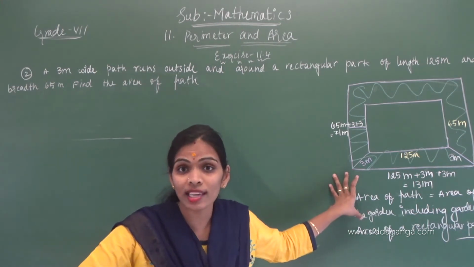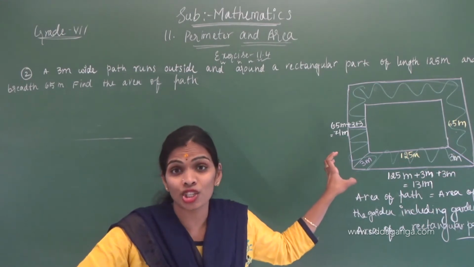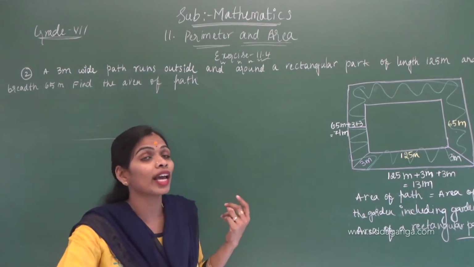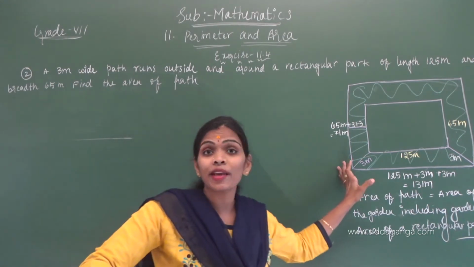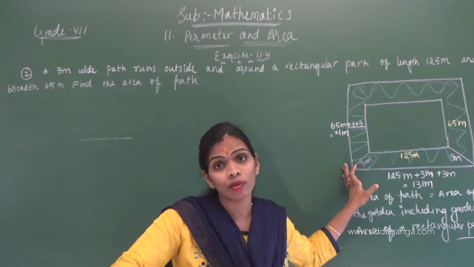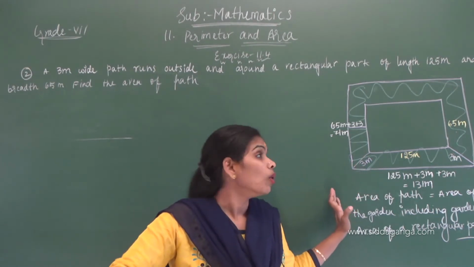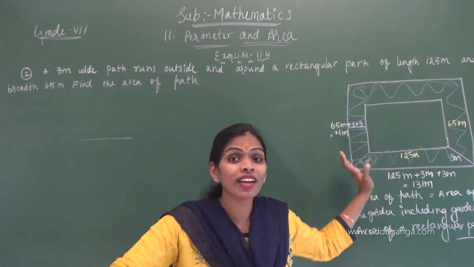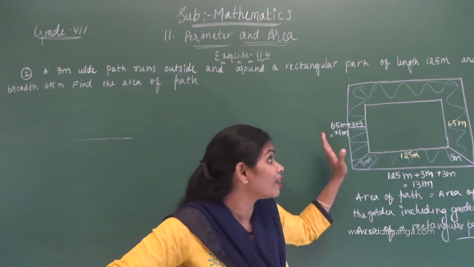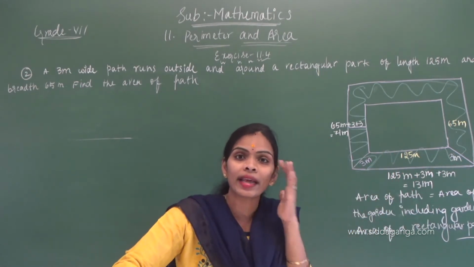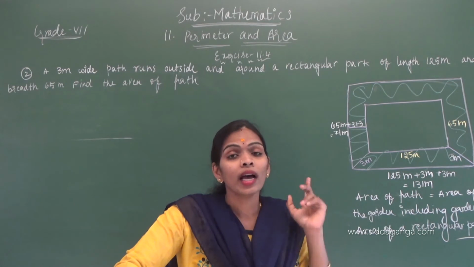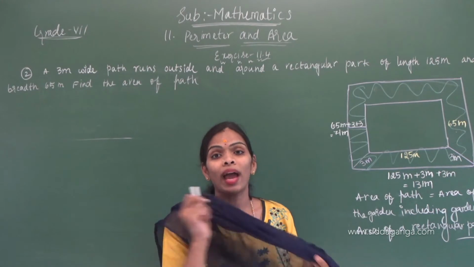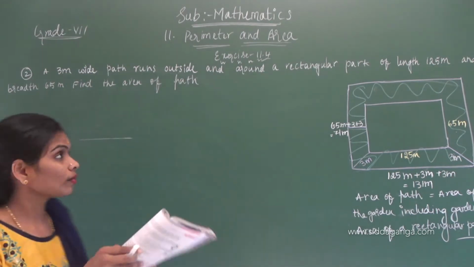Why we have to draw the sketch: by seeing that sketch you can understand which part we have to find and which part's dimensions they have given. Sometimes they will give the outer rectangle dimensions, with the path also, and the path inside the park, and then we just have to take the subtraction. That's why when we draw the rough sketch, you can get an idea how to solve the given problem and which part to find. Okay children, write down.